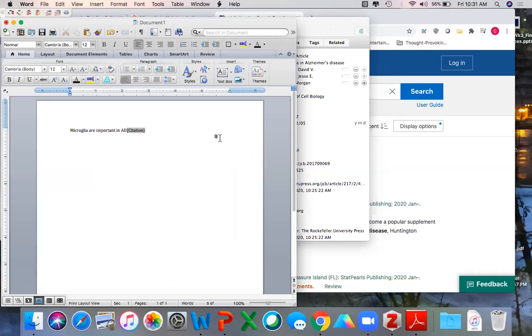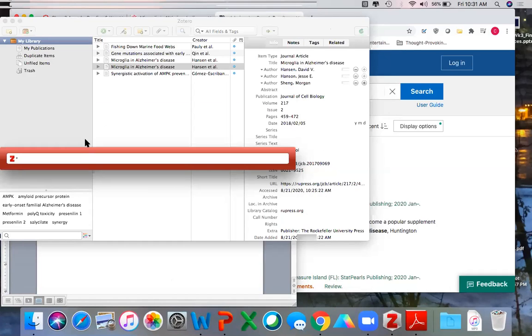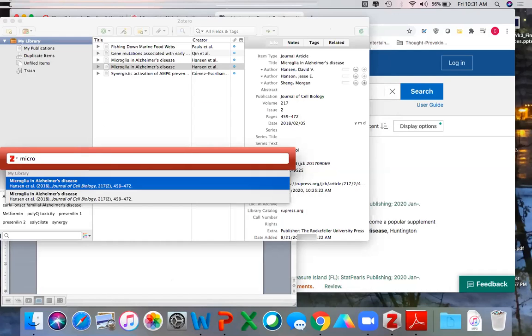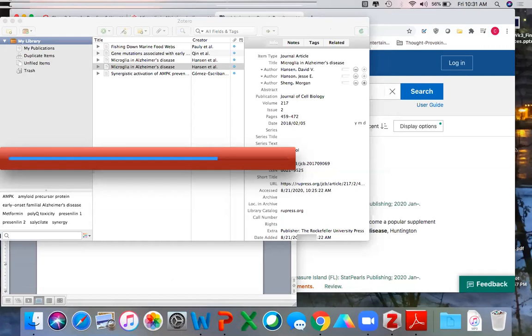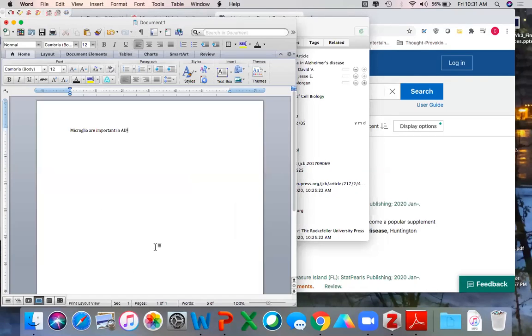the Zotero tool did show up in Word View. Okay, good. So for some people it shows up. I have a very old computer and it did not show up. So I'm going to type in microglia, and I'm going to click that, and I'm going to click enter. And then what should happen is the number 1 appears. So I've inserted that citation. Now I'm going to finish doing my document, and I'm going to add a reference page at the end. So I'm going to click insert bibliography, and bam, it is a correctly formatted reference.